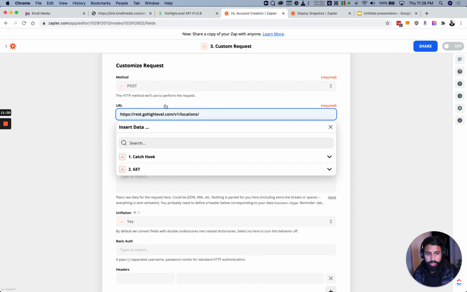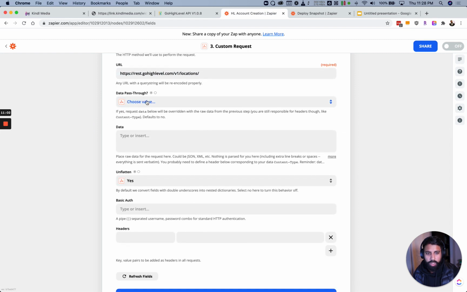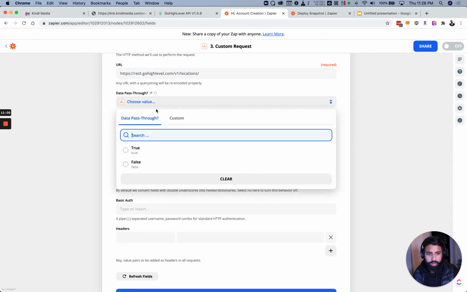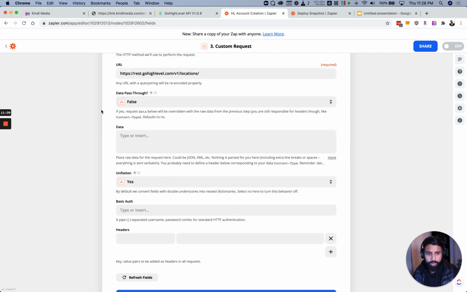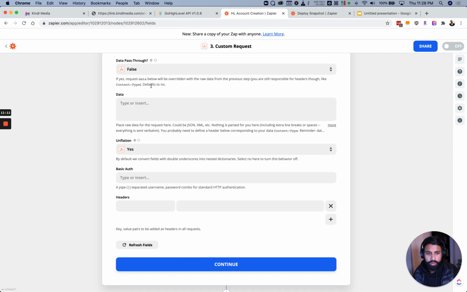Make sure, again, no spaces anywhere, no extra spaces. The pass through, this is fine. I think we would choose true. Actually, no, let's choose false. We don't want the data to pass through. And then,